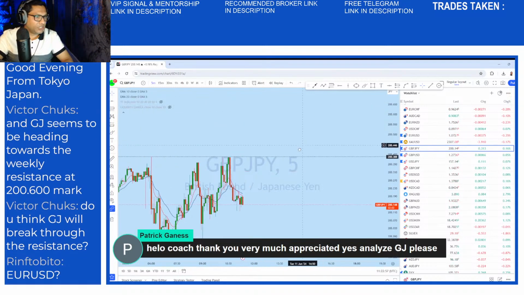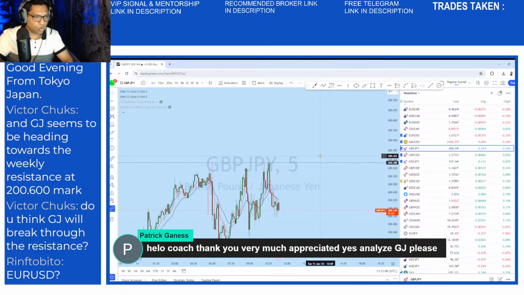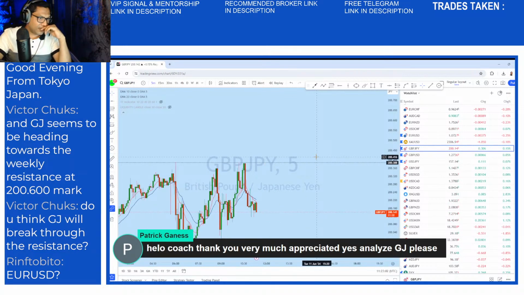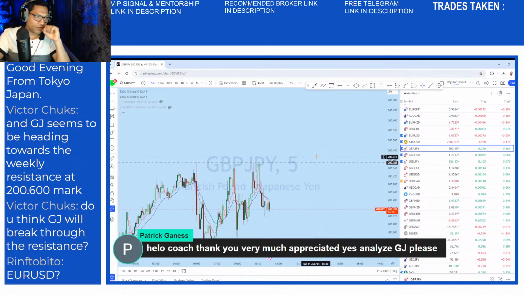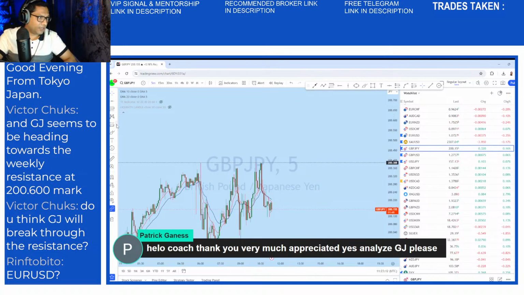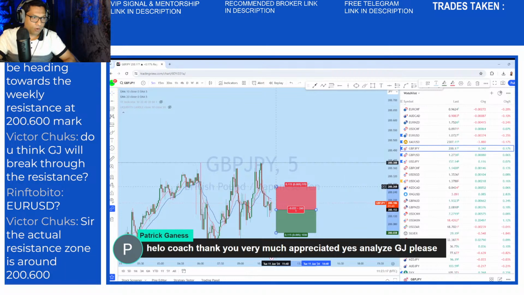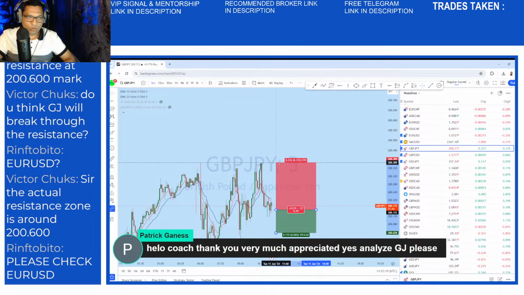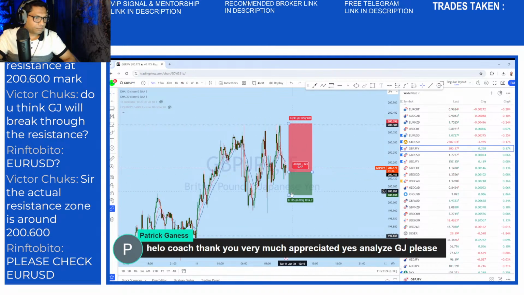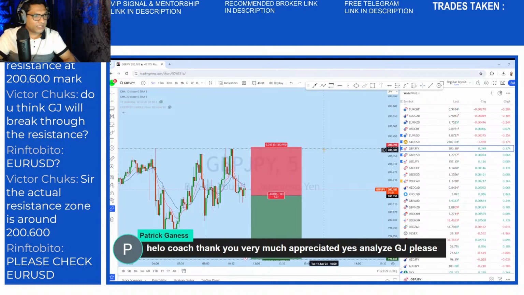So if you look at the GBP JPY here, let's look at the liquidity. So what is liquidity? It is basically the orders, okay? So it's the volume that is coming into the market. And if you look at, for example, this trade here, if we look at a short here, I'm not trading, so make sure you're not opening any trade unless you are opening it by yourself. So let's assume that this is the trade. Then if we look at here, what we can see is that the stop loss is above this level line.